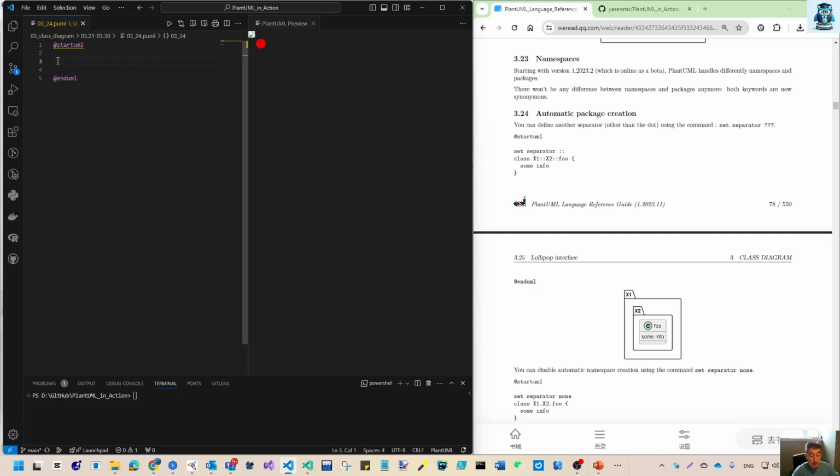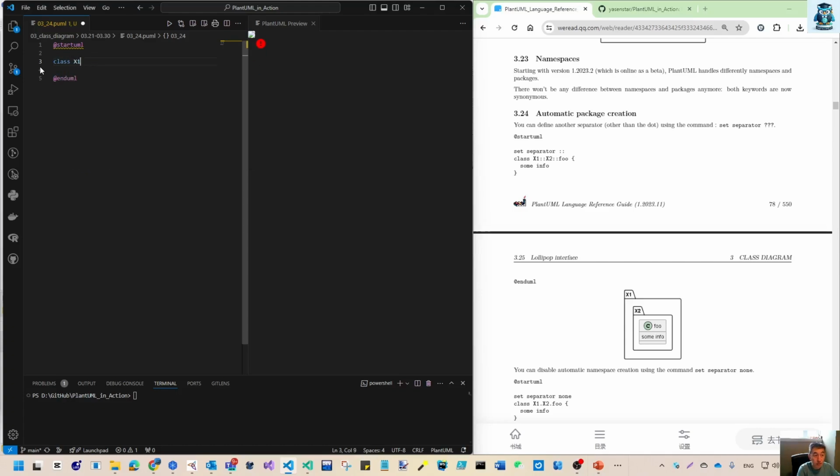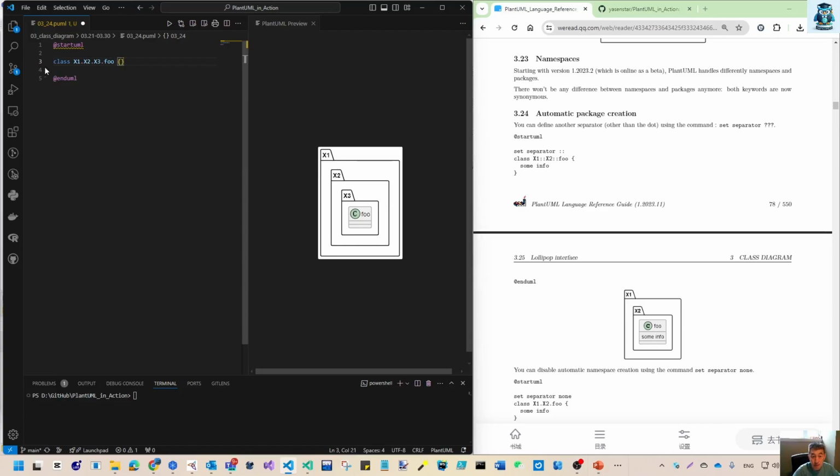So the first one, let's just write class x1.x2.x3.full. So that is my class. You can see here, using dot, you can easily put this. So let me note: use period or dot to separate